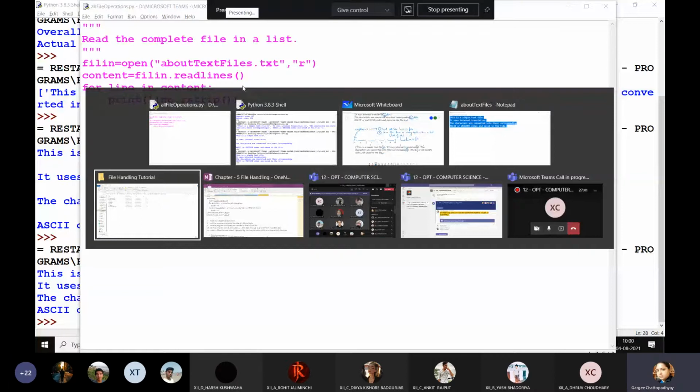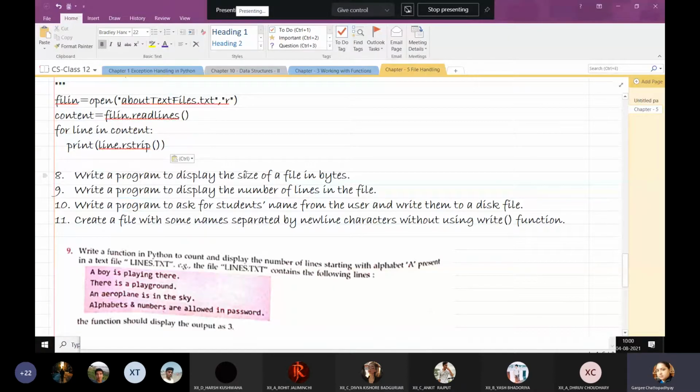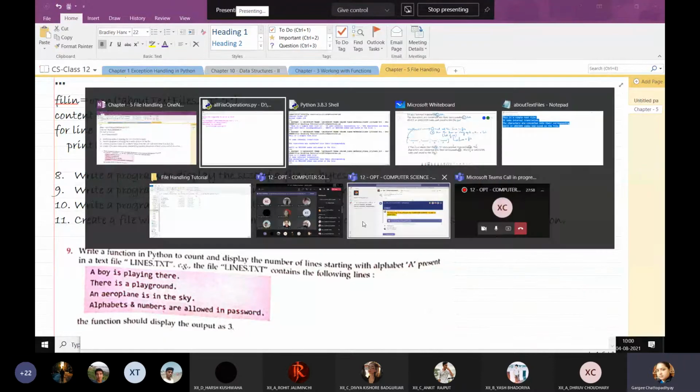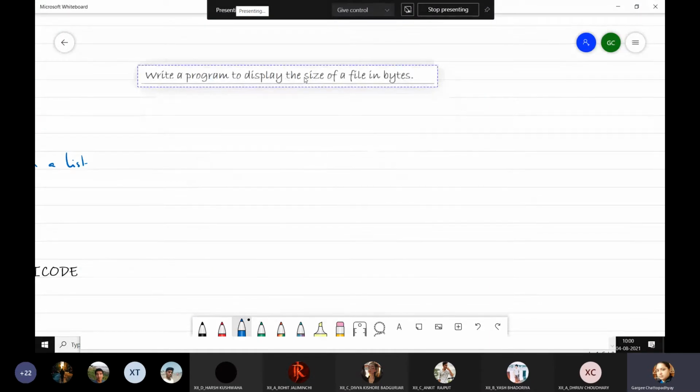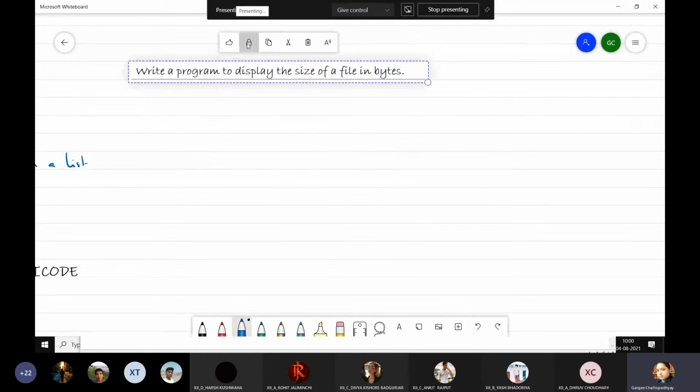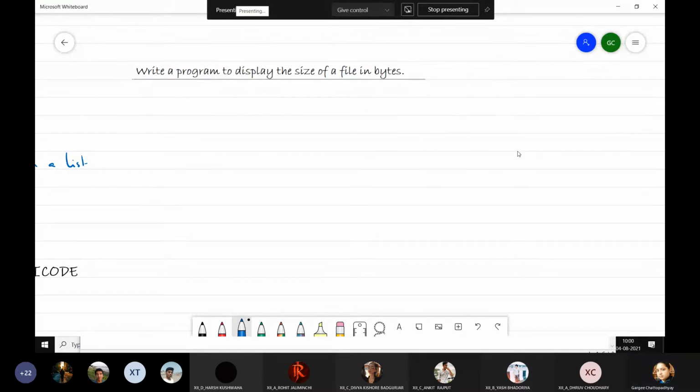Write a program to display the size of a file in bytes. What should I do for this program? Can anybody tell me? If I have to display the size of a file in bytes, what do I do? It's simple.